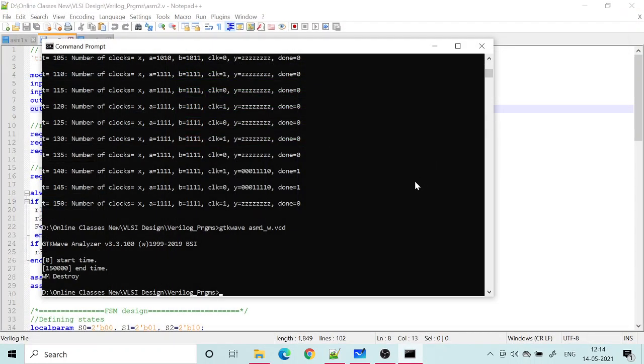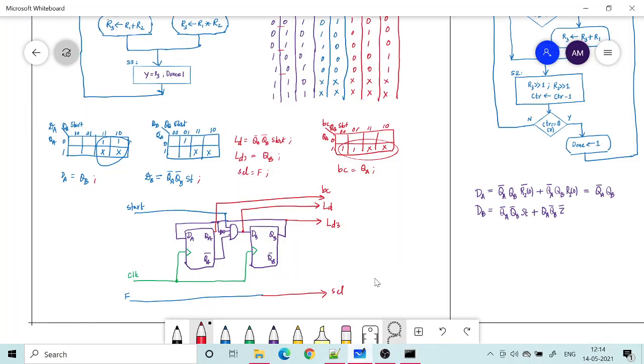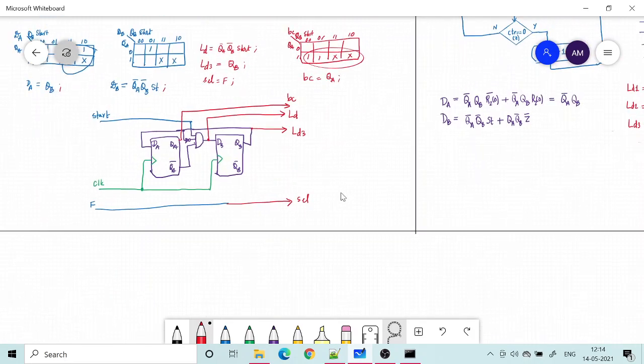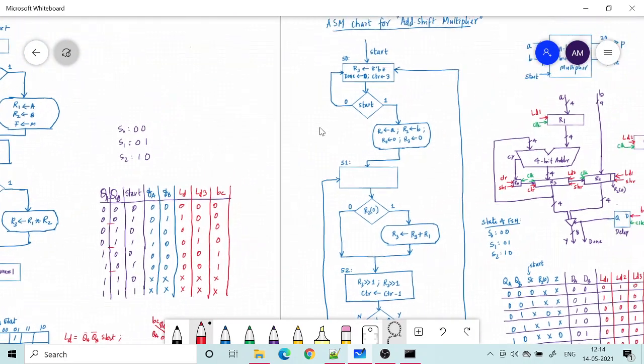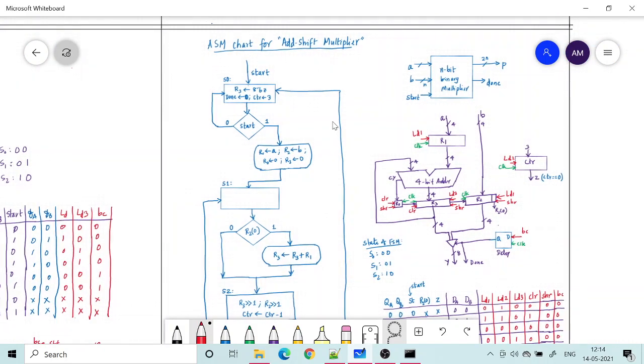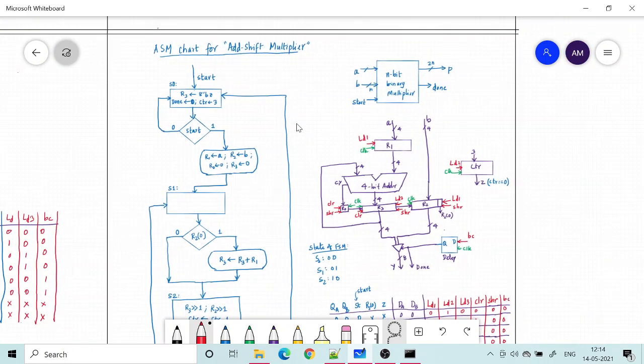Now for your next lab, what I want you to do is to design an odd shift multiplier. So I have drawn the architecture and the ASM chart for the odd shift multiplier.